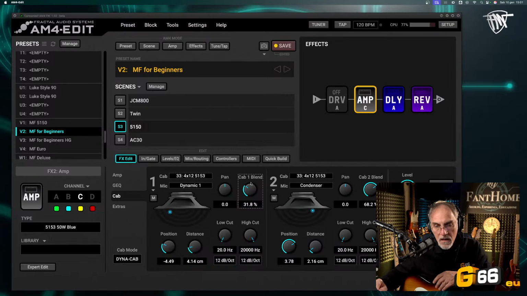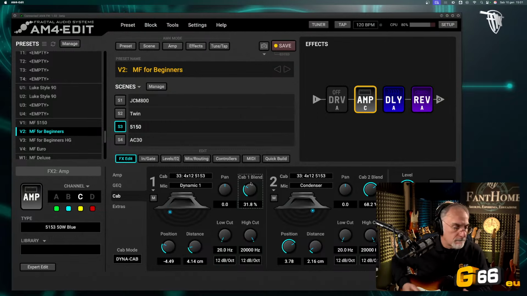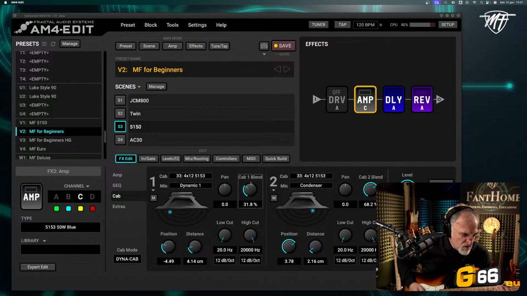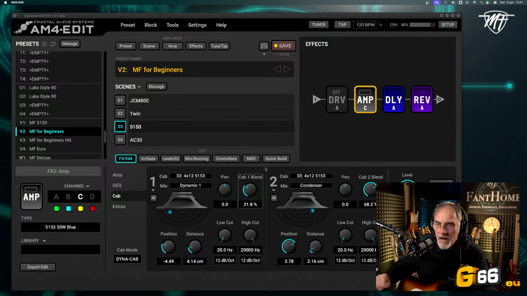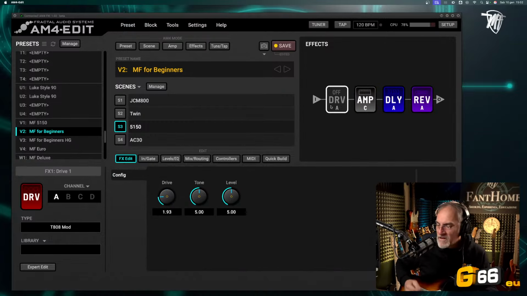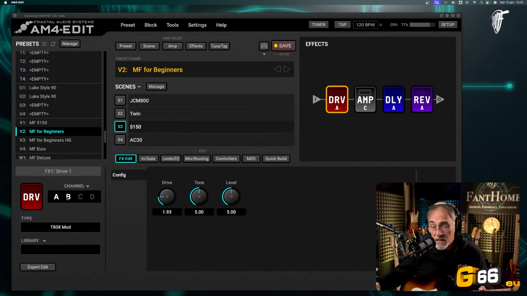Okay, and this is the result. Do you want more gain? Try to enable the Tube Screamer or the Guardian. Guardian to me is better.